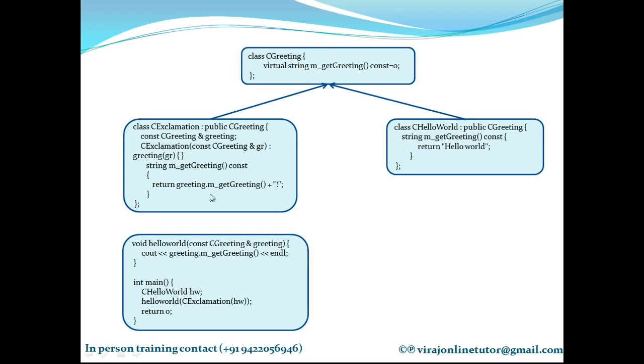Now the Exclamation object's getGreeting function will in turn call getGreeting of whom? This. But who is this? The HelloWorld object. So it will call getGreeting of the HelloWorld object. So it will print hello world on the screen, but I am also appending the exclamation sign to it. So it will print hello world exclamation on the screen. This exclamation is something that I am adding at runtime. If I had just used plain inheritance, it would have just printed hello world, but now it's printing hello world exclamation. Similarly, you can add n number of different functionalities at runtime in a decorator pattern.